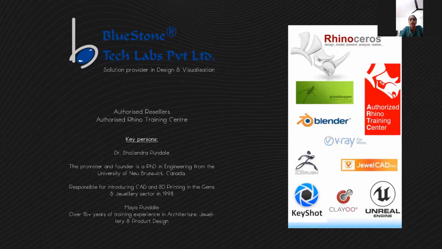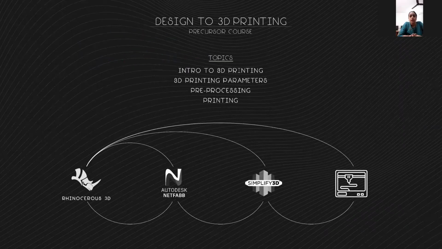So let's get on. Next slide, please. So today what we are going to be doing is, we'll first talk about what 3D printing is as a process, just a little bit brief introduction to it. And after that, we will look at what we are going to be doing before we do 3D printing. Like when we model, what are the parameters that we need to work on? How do we scale it down? Just scaling doesn't make the work. You know, we cannot really produce it exactly as we have created for meters into millimeters. So there are certain parameters that we need to remember.